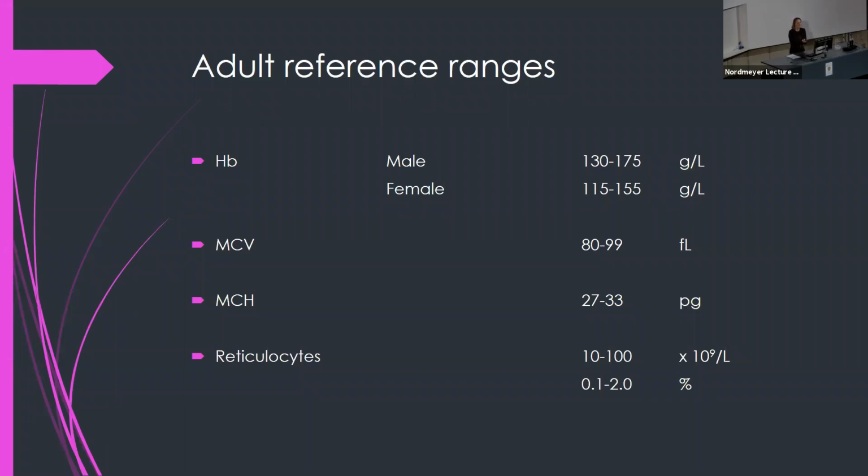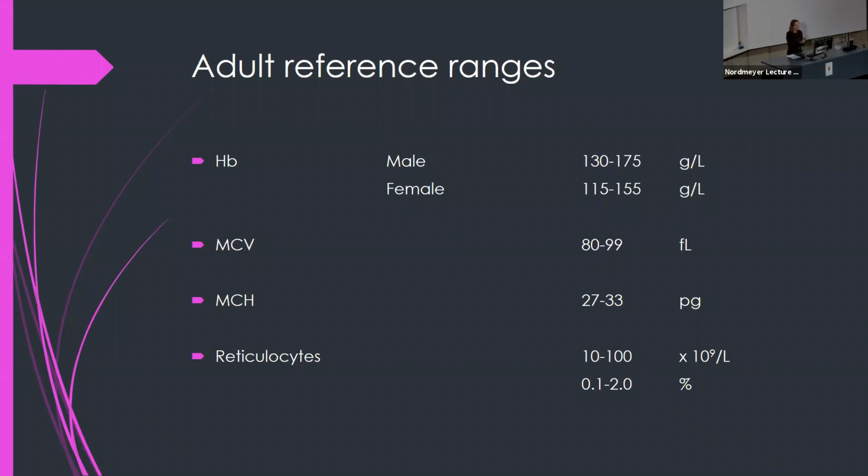I mean, it's good to learn the reference ranges for the blood counts, just to have a rough idea of what normal is, but in real life, you will always have the reference range for your laboratory and your population. They're generally similar around the world, but there'll be subtle differences, hospital to hospital, country to country. But your laboratory, when you're actually working as a doctor, will give you a reference range, so you can always check, is this normal or isn't it? But in the hope of getting these figures into your head, just in case they don't give you them, I think they ought to give you reference ranges for the exam, but just in case they don't,